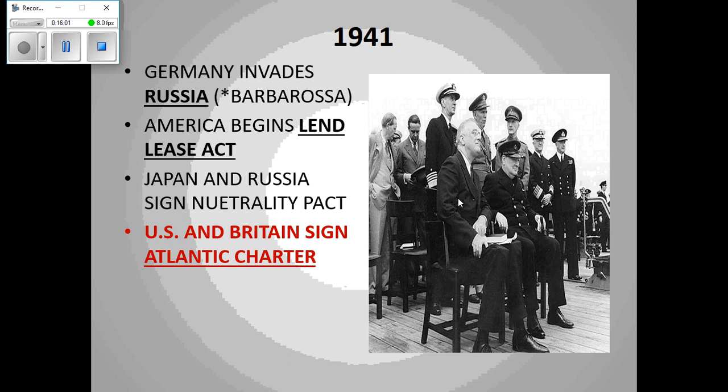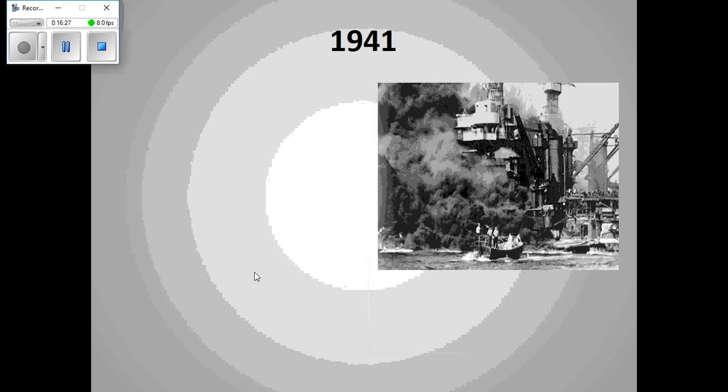Now, meantime, about May or June, I can't remember the exact date, our president, Roosevelt, and the British Prime Minister, Churchill, meet on a warship out in the middle of the Atlantic Ocean. They sign an agreement called the Atlantic Charter. Basically, Great Britain and the United States are going to be allies with each other, and the end goal is to stop the danger of Nazi Germany and the Nazis from invading everybody. That's the goal of the Atlantic Charter.